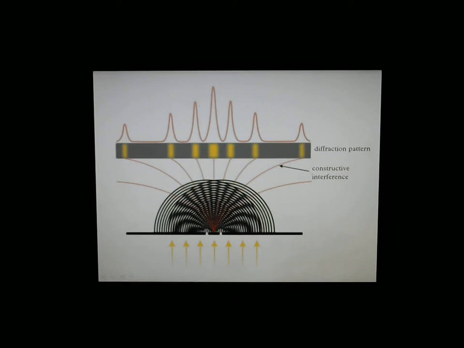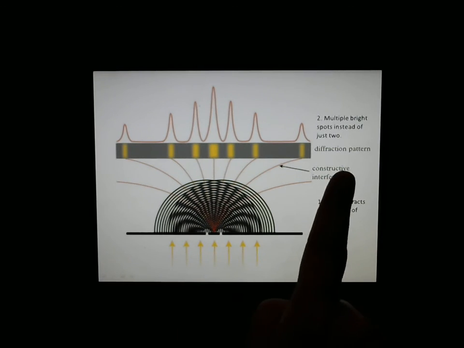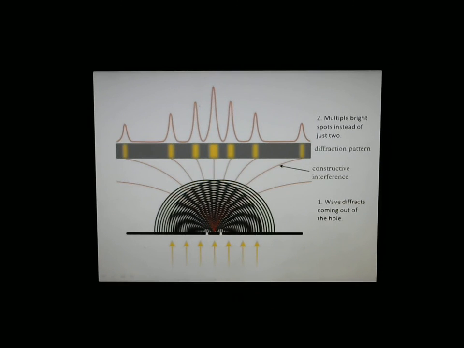The only way this happens is two things. One, as the light comes through the hole, it has to diffract. It has to spread out in these arches like we see down here. And secondly, light has to be demonstrating both constructive and destructive interference. So here are the two things. One, we have to have some diffraction occurring. And two, these multiple bright spots instead of just two. So we're getting constructive and destructive interference. Okay, so this is the data that explains light must have wave-like properties. You can't do it with particles.